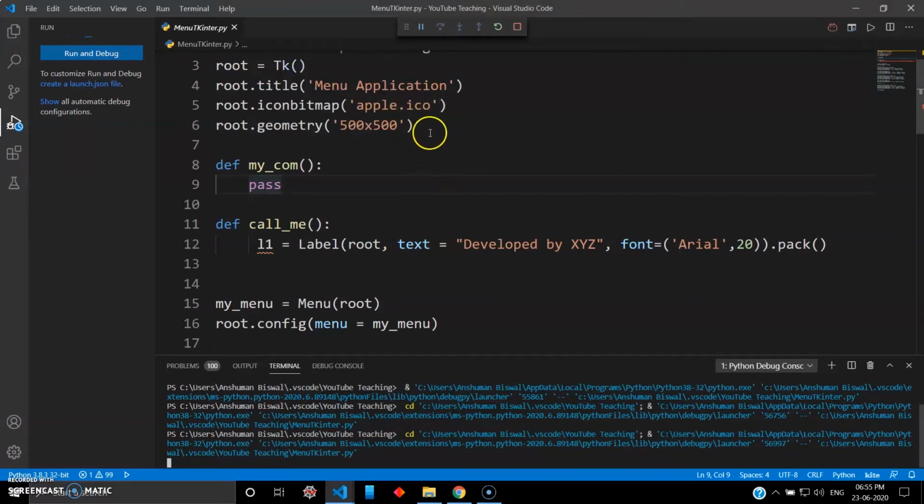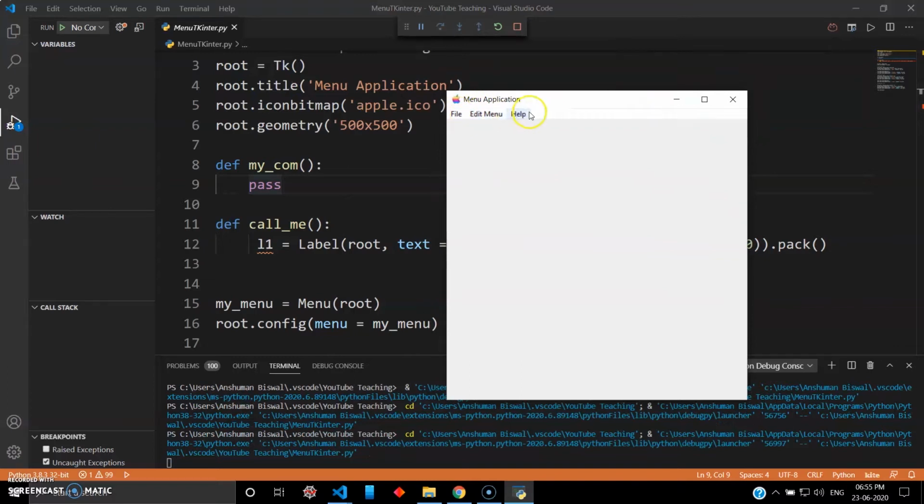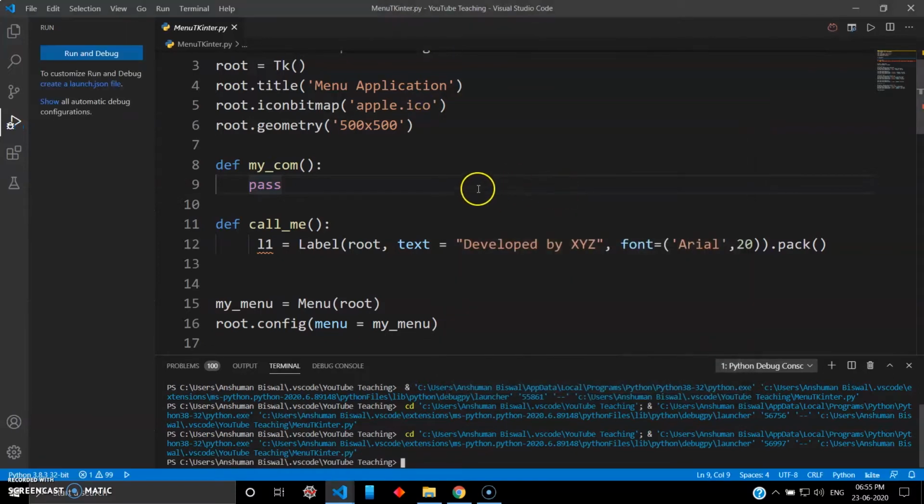If you remember, in the last video I explained how you can print something to your menu, and to do that you can just click a sub menu and you can print something to the screen, and you can just click exit and the application gets destroyed. So that was really easy.